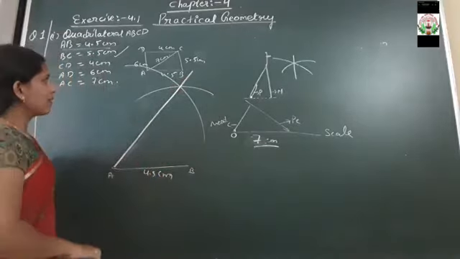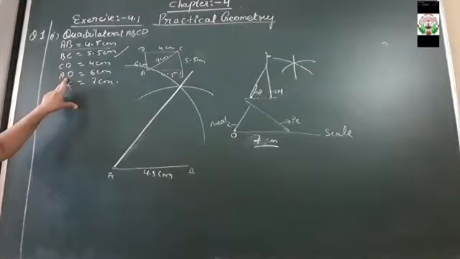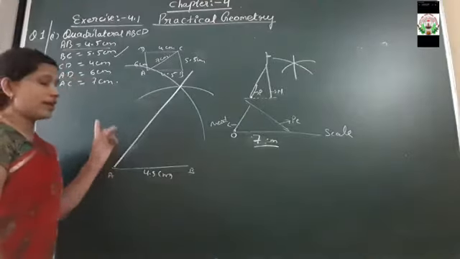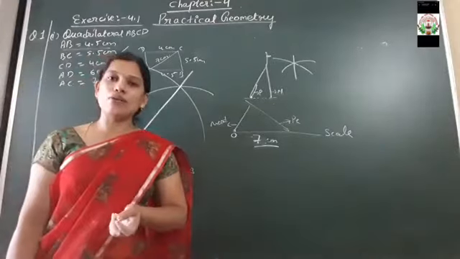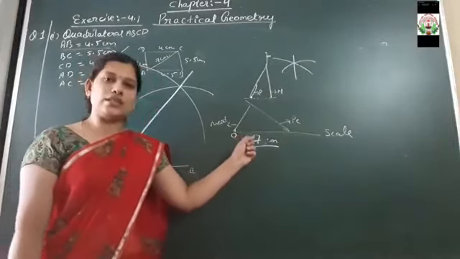After this, what is the next we are having? CD. Or before that CD, we are going to take AD. Okay. So AD is 6 centimeter. So again on the mouth of your rounder you have to measure 6 centimeter by using the same process.